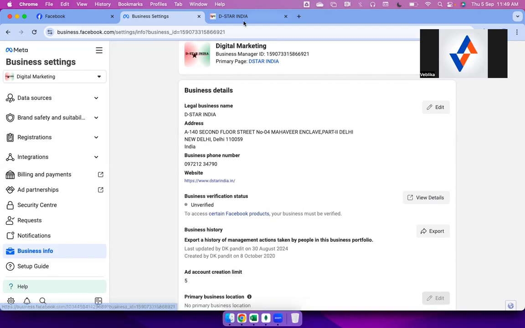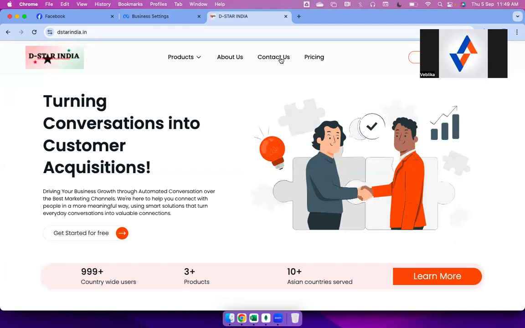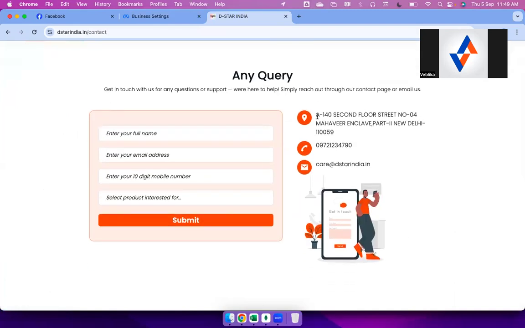So DS Star India is a website here. So you can see here. So we go to the contact us page. We will have to match this address, the phone number, and this data in the Meta as well. So we will copy this